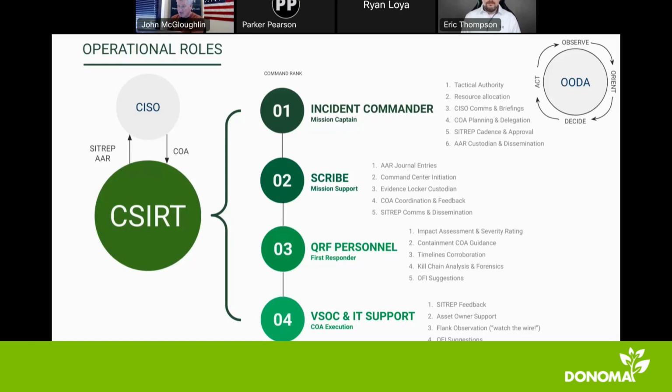depending on the size of your organization, so let's take a large enterprise organization, they traditionally have dedicated security teams, and within that team will be a formation of a computer security incident response team. Now that may include individuals from the IT team, traditional technology teams. So let's say, to just illustrate that, Active Directory administrators will be part of the IT team, and your incident response from your SecOps